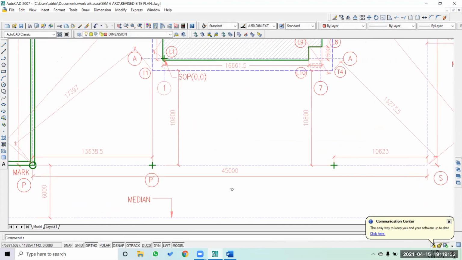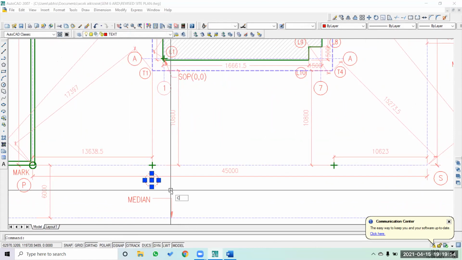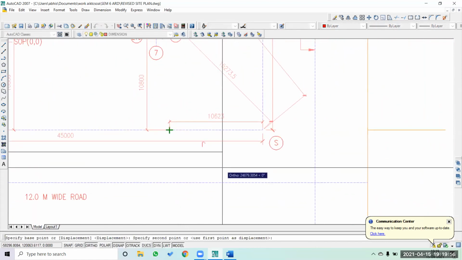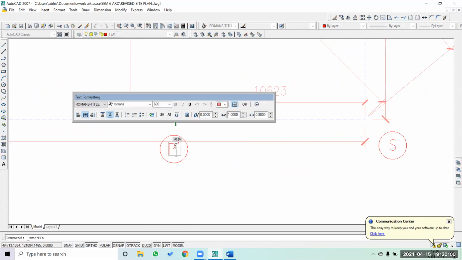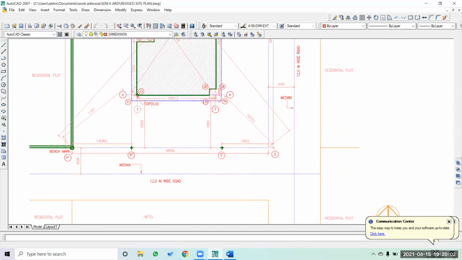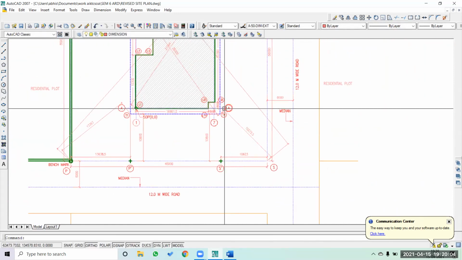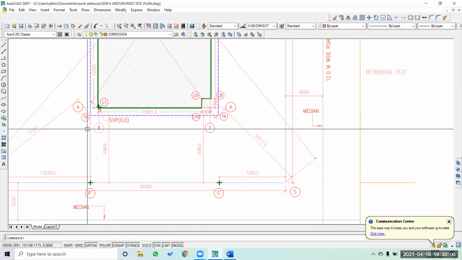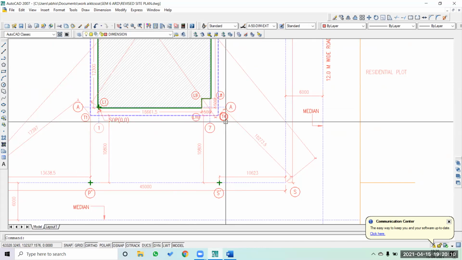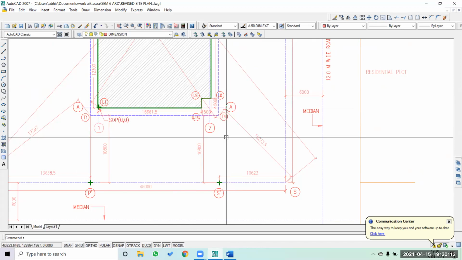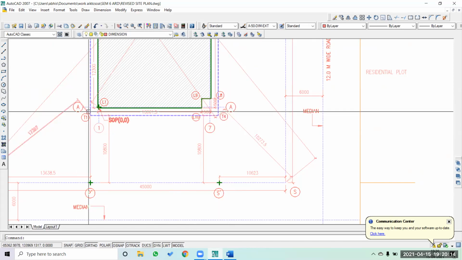Now again, as I said, we have to give the coordinate to it. So for this we can give it as SS dash. By establishing points T1 and T4 on a site, we have achieved one parallel line.